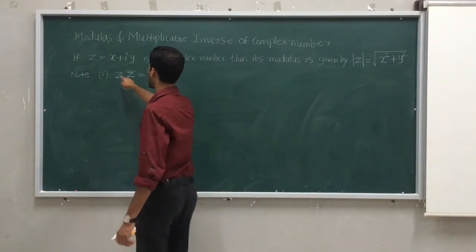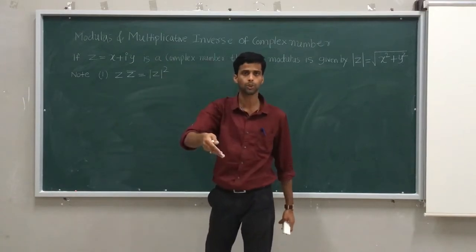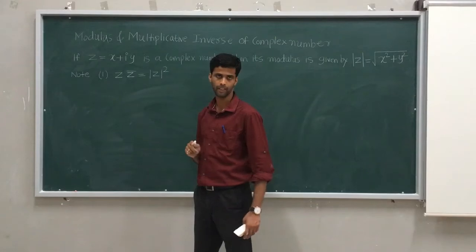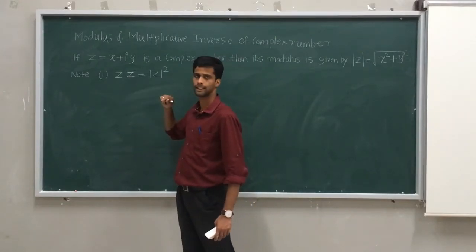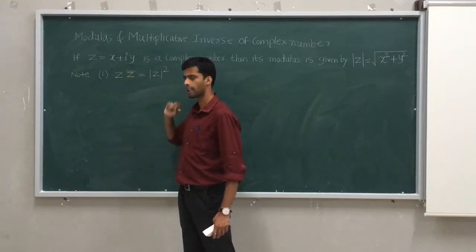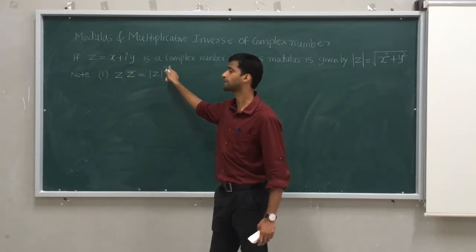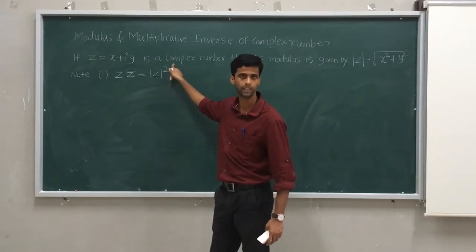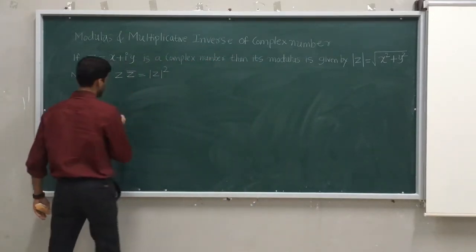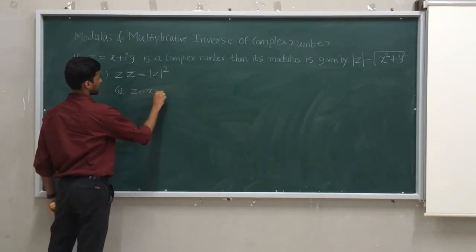We all studied z as a complex number. In yesterday's class, that is the previous video, we studied the conjugate of a complex number. So what this says is, when you multiply a given complex number with its conjugate, its answer is the modulus of the complex number squared. How to prove it? I will take it. They will never ask for the derivation, but just keep it in mind. To prove this result, let z equal x plus iy be a complex number.